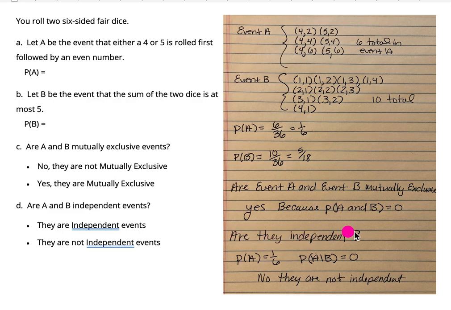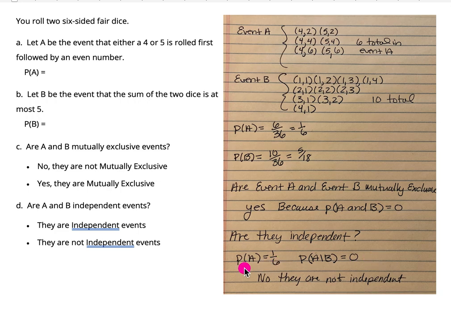Are they independent? In order to show that 2 events are independent, we need to show that the probability of A is the same as the probability of A given B, and also vice versa. We would also need to show that the probability of B is the same as the probability of B given A. If one of those fails, then they are not independent. In this case, I didn't have to show the second one because it failed on the first